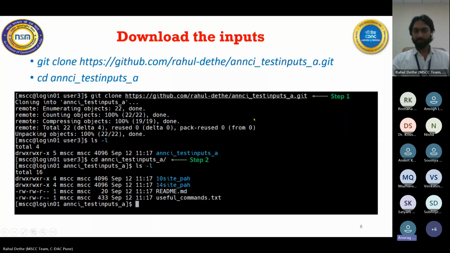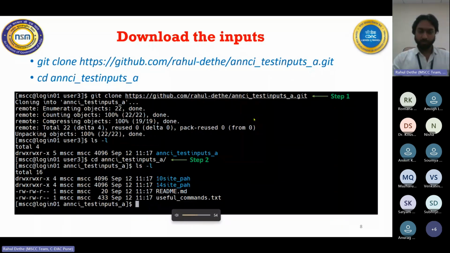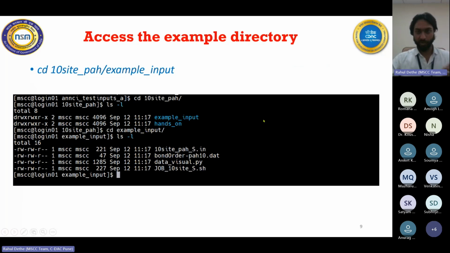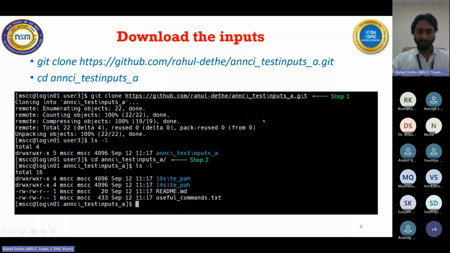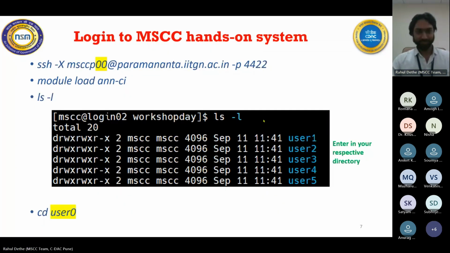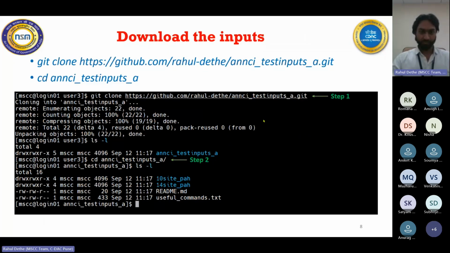Yes, I have done this. Yes, sir, I have done this. All right, so I will proceed with the hands-on session, and we will do this together. So this will be more like an interactive session. So feel free to unmute anytime and ask me any doubts. So first thing,